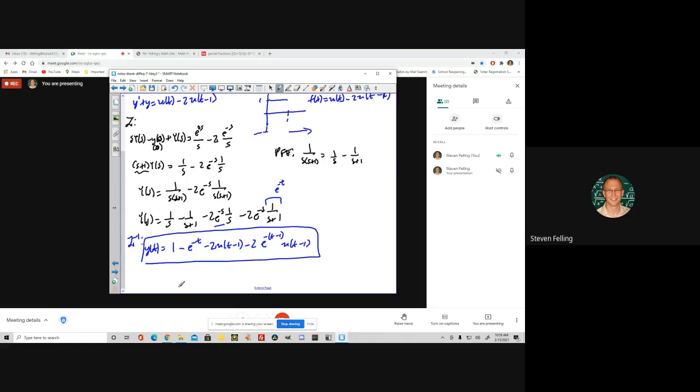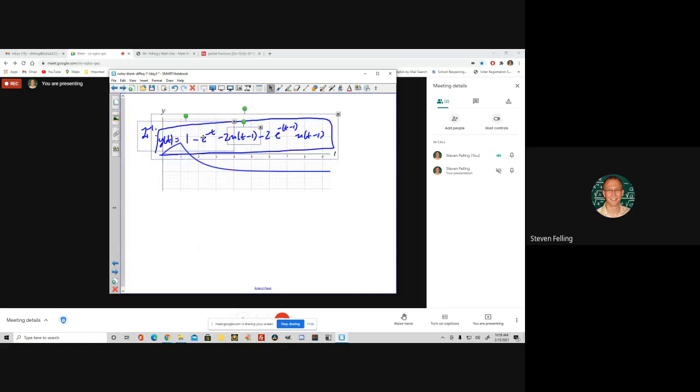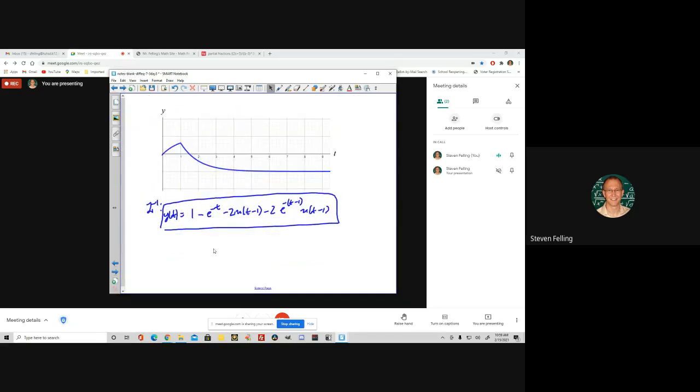If you were to graph that, I have that in the notes here. Let me copy it to show you what the graph looks like. It starts out with these terms that don't apply. These terms don't apply until 1, so they don't happen until here. But up to that point, e to the negative 0 is 1, so 1 minus 1 is 0. Then this term drops off, so we subtract less and less, and this has a negative exponential decay curve, so it ramps up. And then at time t equals 1, there's a sudden change in behavior